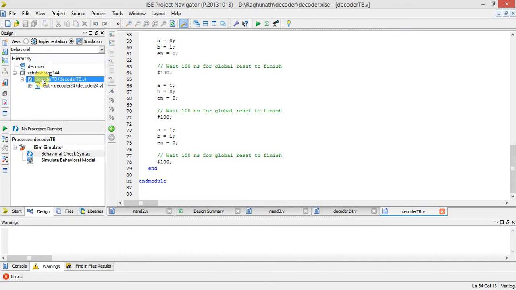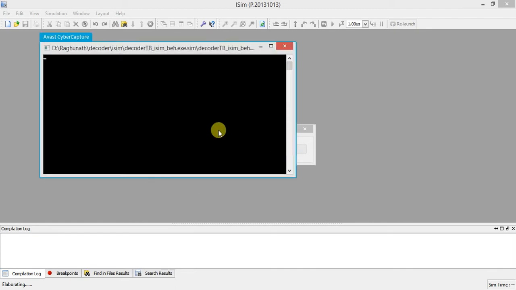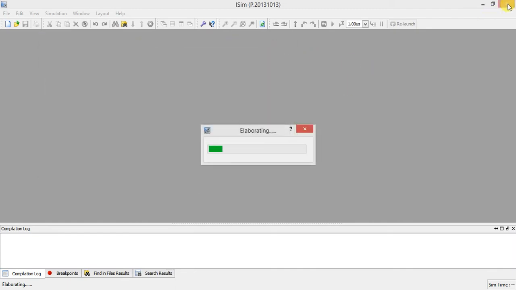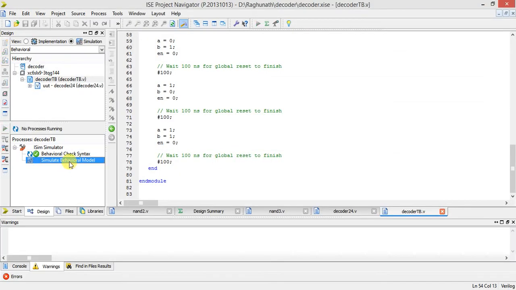So now if I run this program, click on this file, once again check behavioral check syntax, it will show. Now automatically the simulation will come for all the 5 combinations. So first time in my system it will hang, but that one I will close and once again I will do it. But in college you are going to get continuous output. I'm getting this elaborating signal, so I'm going to close it and once again I will run it. But in the college it is not required.